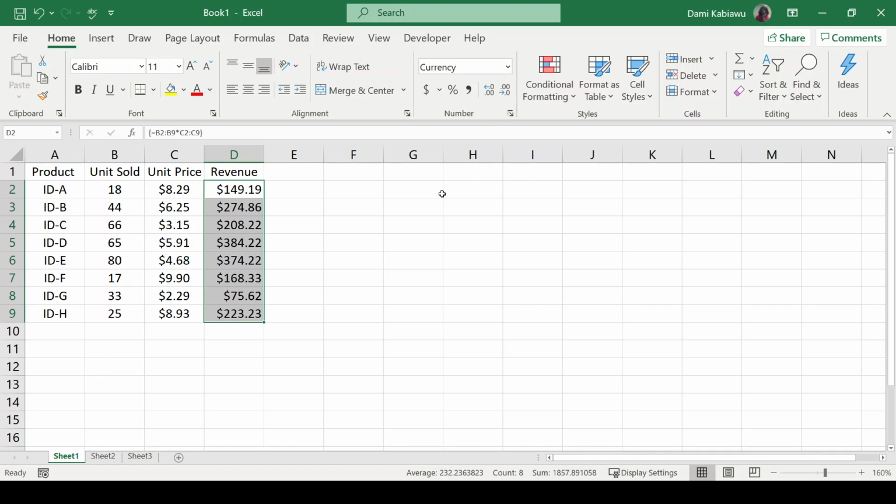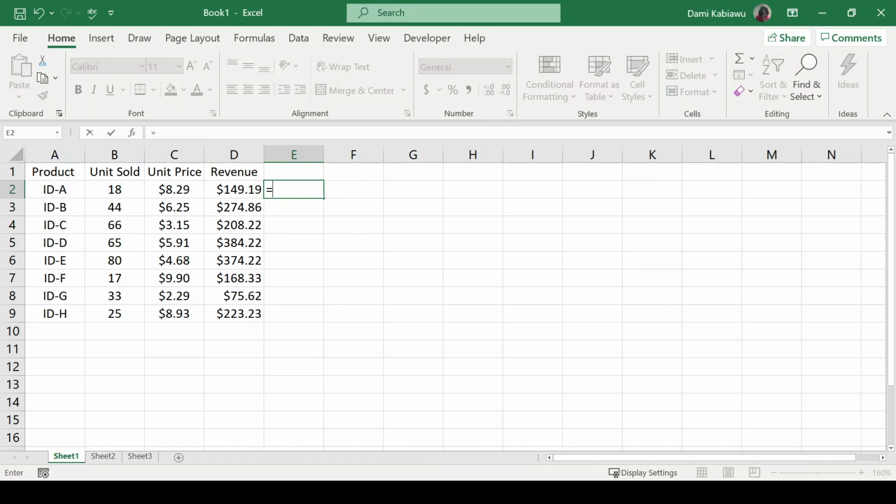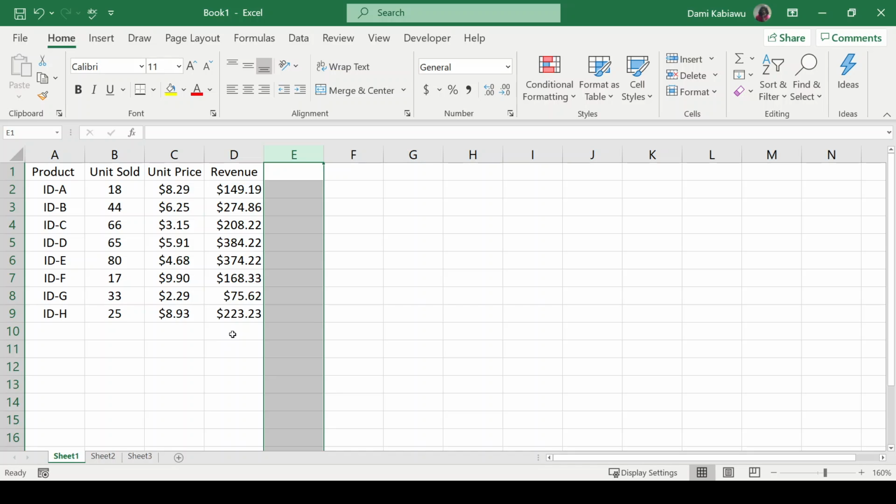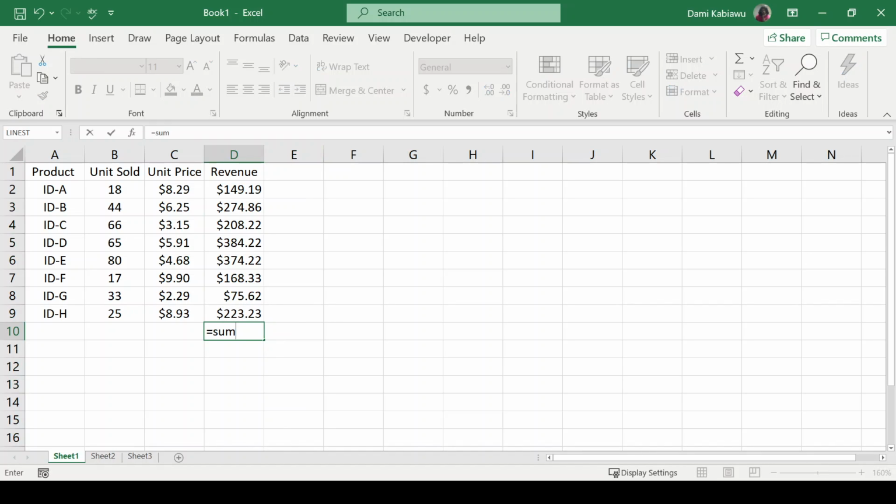Format that as currency. Now I hear you asking me, why didn't I just do a simple multiplication? And you can. Of course you can do that. But Excel allows you to do all of the formulas in one go. So they are equivalent, but with arrays, you only need to do one formula and then put it all the way down. Now, if I do equals sum, I can then add